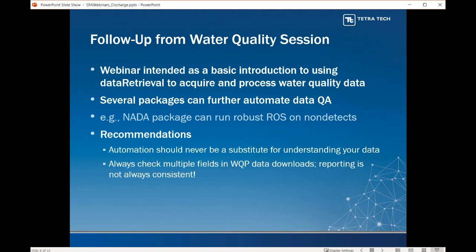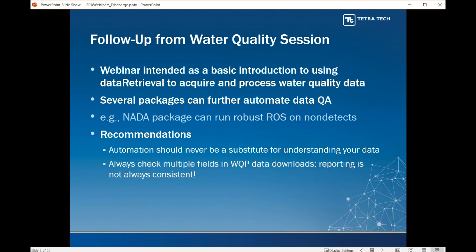I wanted to note that with coding and with other things, automation and the capacity for creating those efficient workflows should never be a substitute for really understanding your data. So we should always be taking a very close look at our data that's being downloaded and processed, making sure that the automation that we are running on that code to either process it, acquire it, explore it, or model with it is doing the thing that we want it to be doing. So really making sure that understanding our data is the foundation and that never gets substituted for something more convenient for automation.